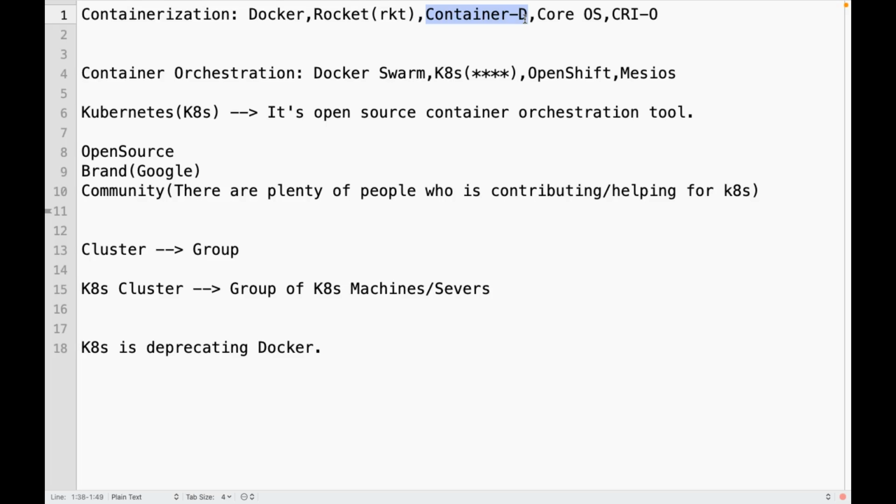No. So we can still use Docker. For what? We can still use Docker to create images. So all the containerization